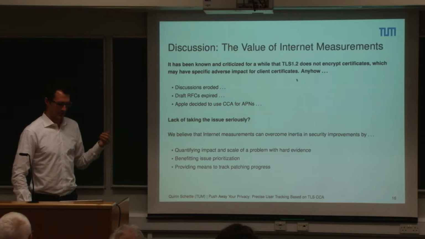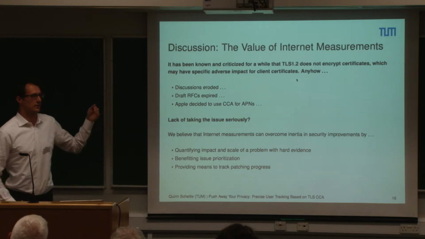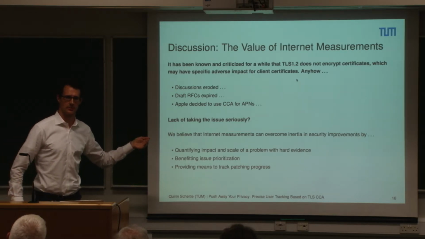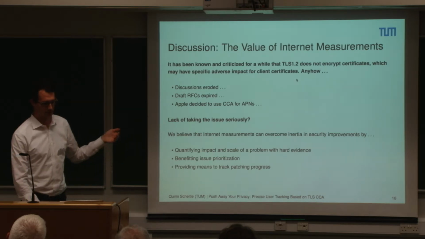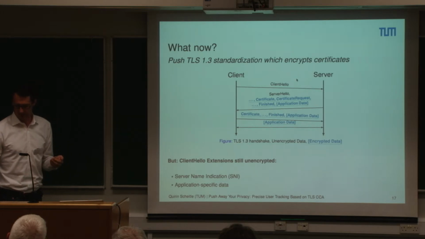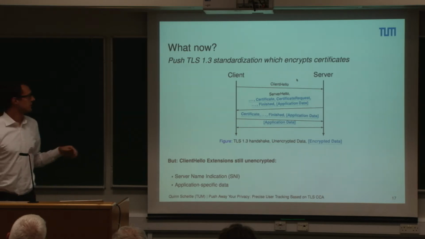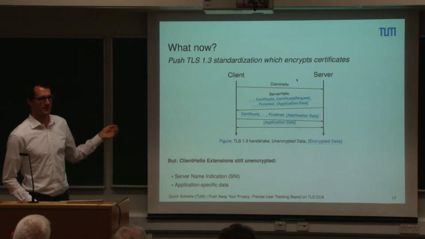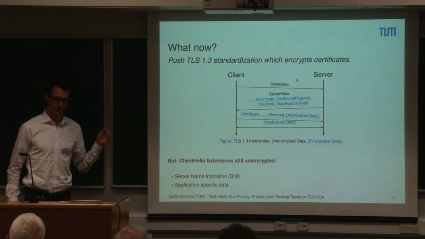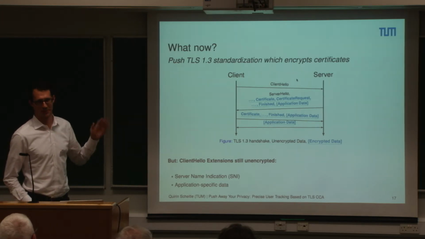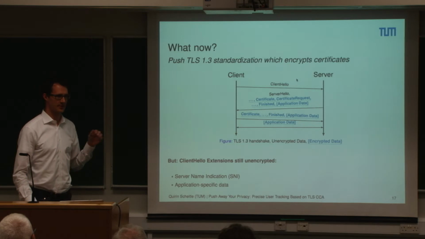And what we can also now do is we can actually track the progress, right? We can do that a year later and say how many people are still using old versions. So that, I think, is also a benefit that you can add here. And yeah, the good thing is also TLS 1.3 goes the right direction. It will encrypt certificates, but it's still not quite out the door yet, right? I think people are starting to add version 18 into the standards, but then some middle boxes hang up, and it will take a while before it's really rolled out.